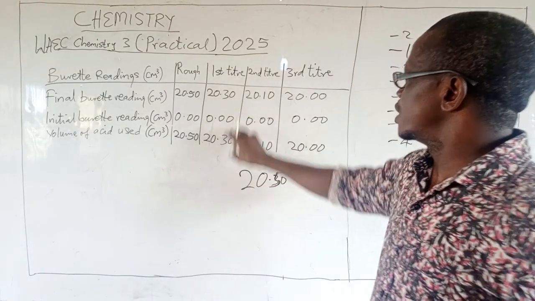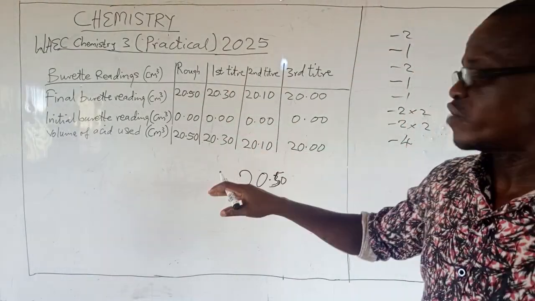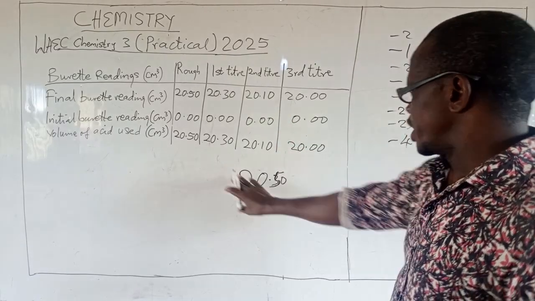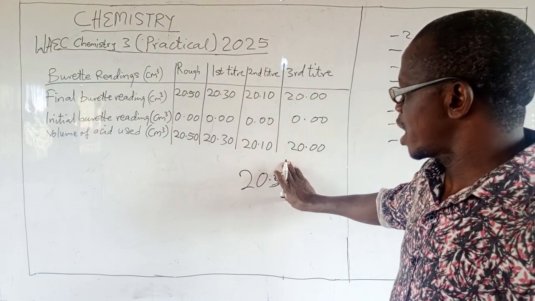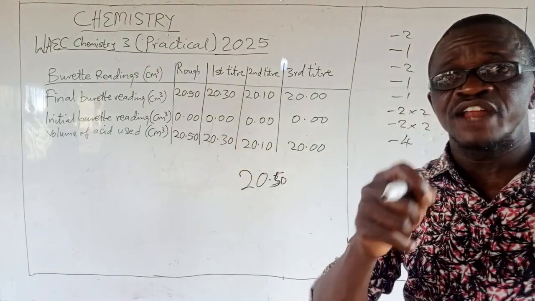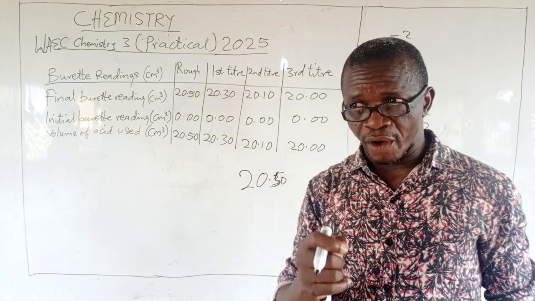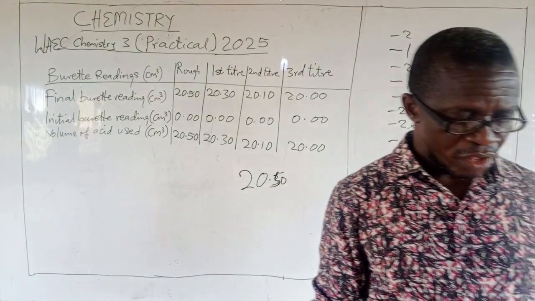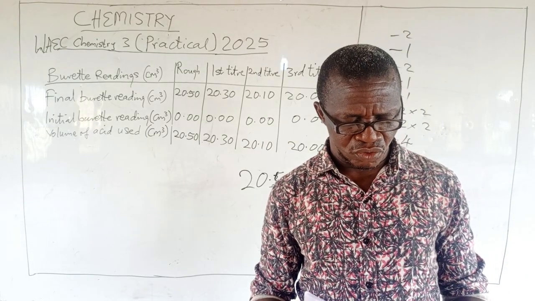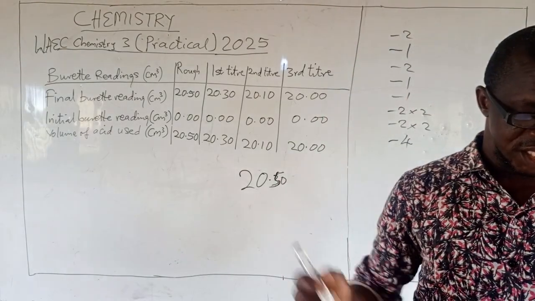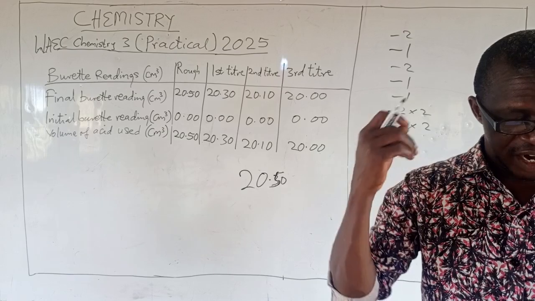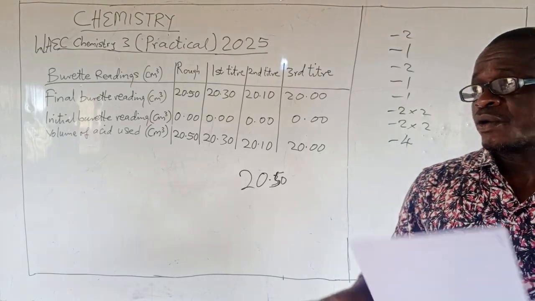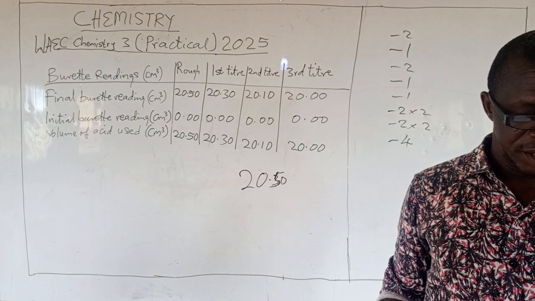Those are the ones that they will mark on the table. So if you are not using it in the averaging, they will not mark that one, even if that one is the most correct one. So you have to take note of all that I am telling you today, so that you will not fall victim after you have heard them from me. Okay, now let's see.